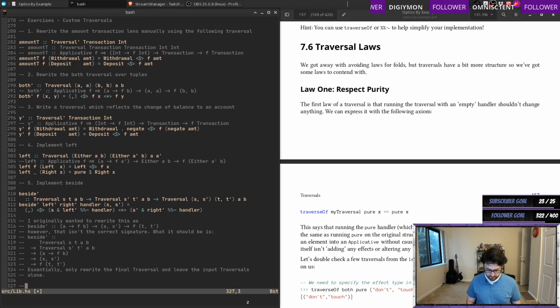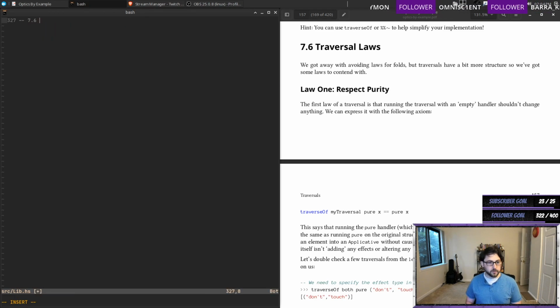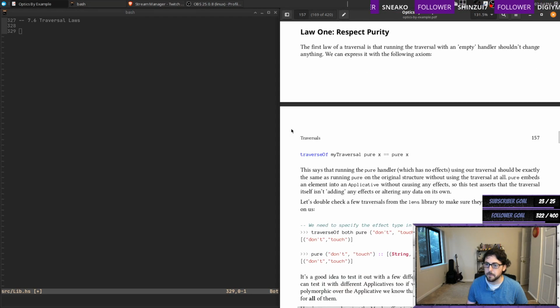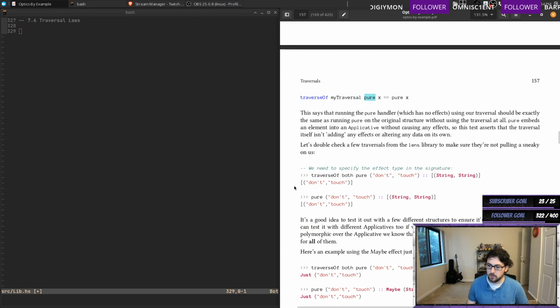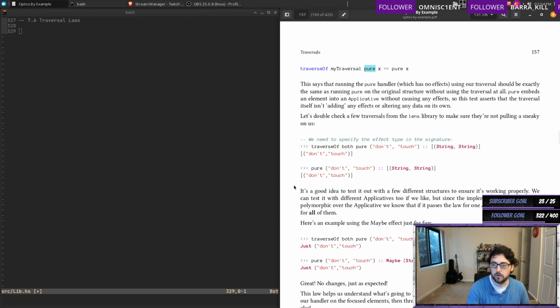So we are on 7.6, Traversal Laws. And we'll see what happens. We get away with avoiding laws for folds, but traversals have a bit more structure, so we've got some laws to contend with. We need to respect purity. The first law is that running the traversal with an empty handler shouldn't change anything. It says that running the pure handler